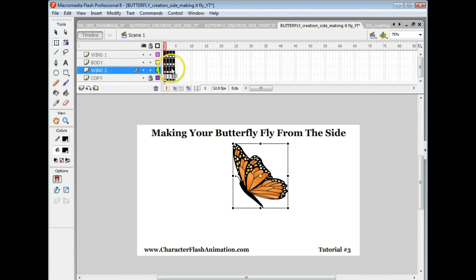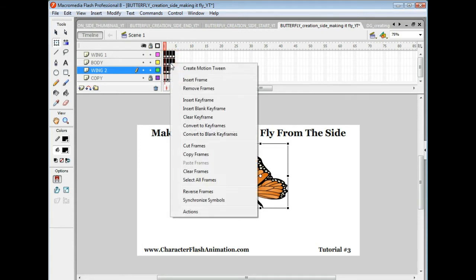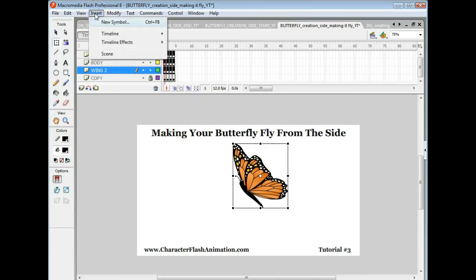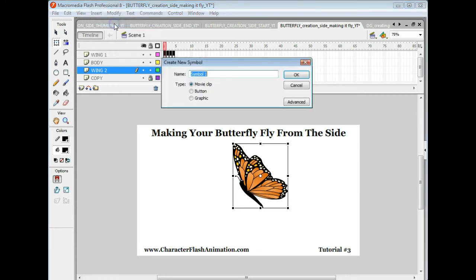Now you should have all of them. Okay? Holding down Shift, you should get all of them. Now you want to click on it, right click on it. Go down here where it says copy frames, click that. Now go up here where it says insert new symbol. Now we're going to call this butterfly